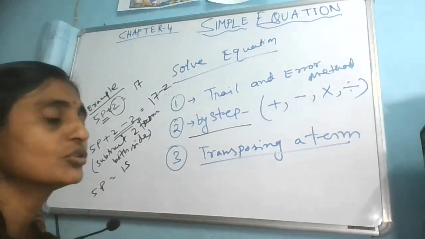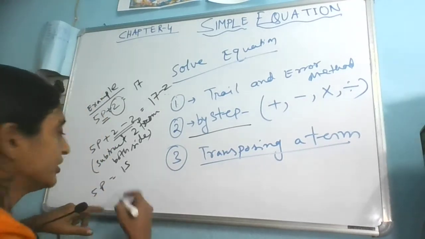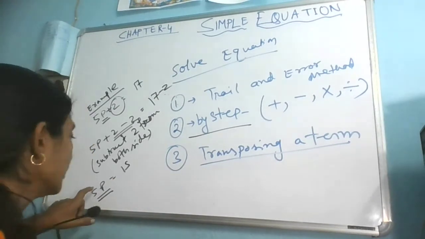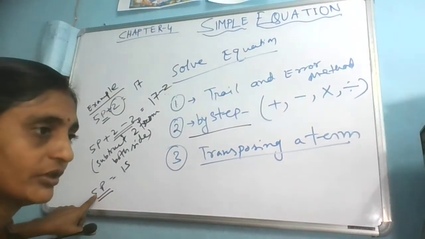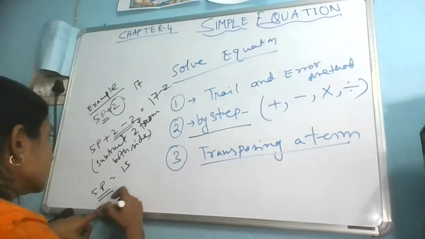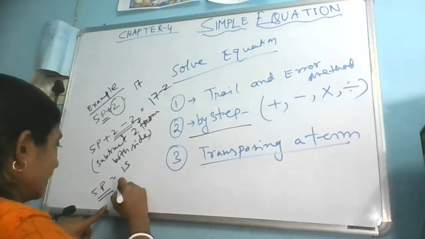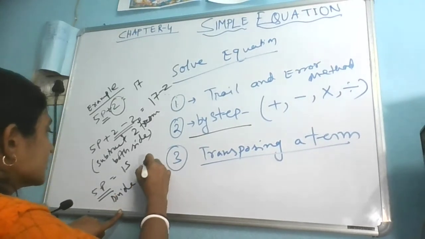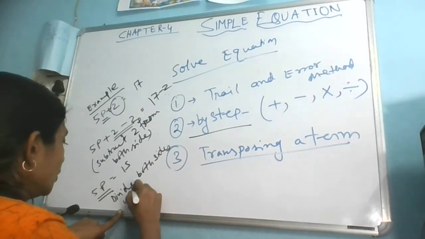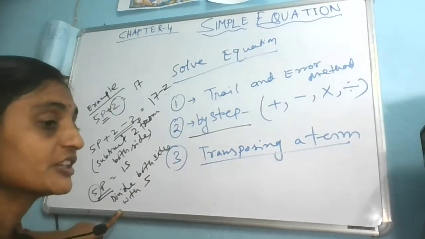Till now I have not got the value of p. So what I can do now, you might have noticed, to make this p separate, I have to divide this one by 5. Then only I can get that p alone. So in this third step, I will divide both the sides. Let's divide both the sides with which number? I have to eliminate 5, so I will divide both the sides by 5.